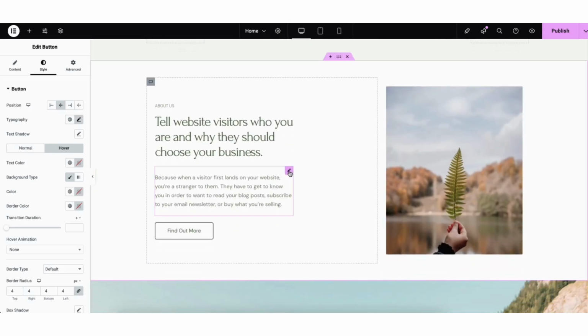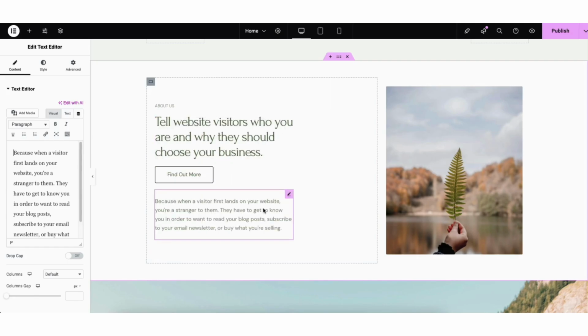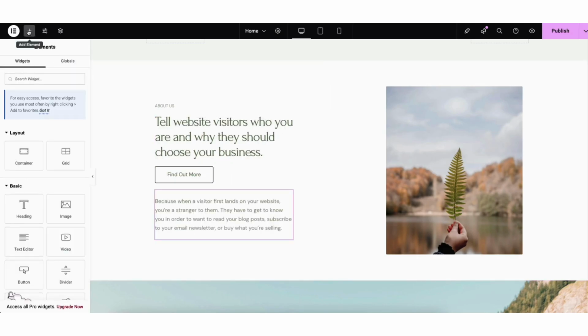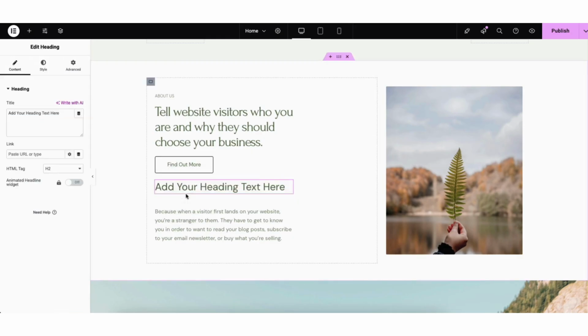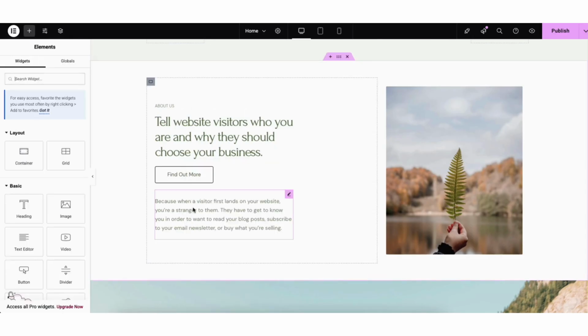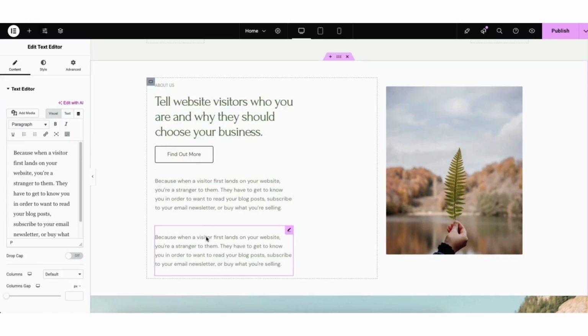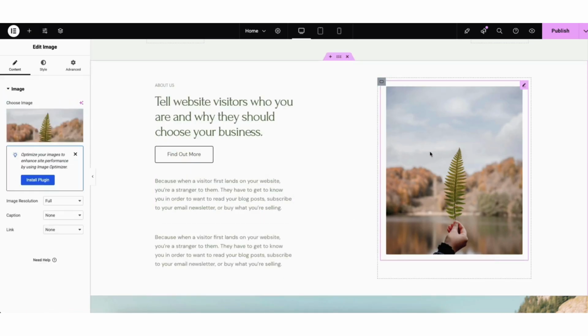If you click on something, you can move things around to get it how you want it. By clicking the plus icon at the top left of the editor, you can get to where you can drag stuff over from the left. If you want to remove something, you can click into an area, click Delete to delete it. If you want to duplicate something, right-click into an area, click Duplicate, and it'll duplicate that area. If you want to change an image, just click into an image to put in your own image.